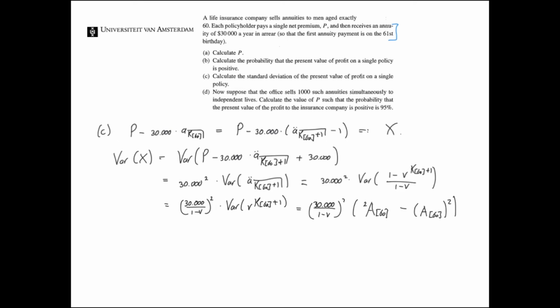So now we have an expression for the variance, and these values we can look up in Appendix D, because we still assume the standard select survival model. And then the standard deviation